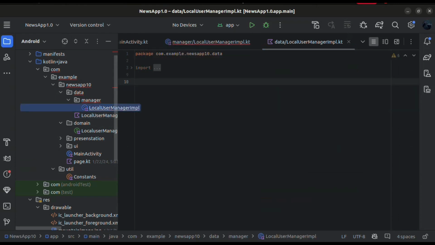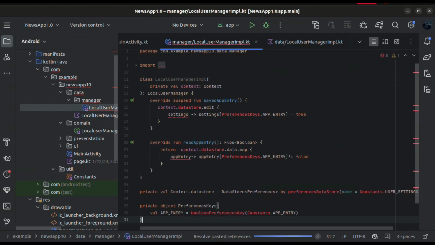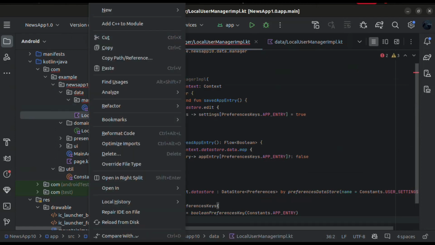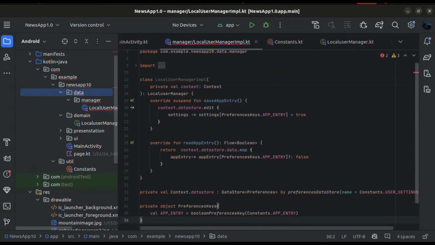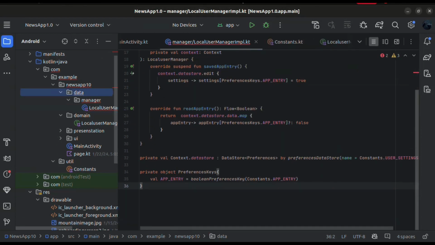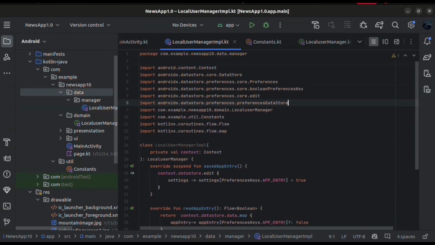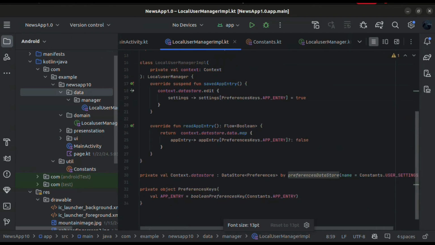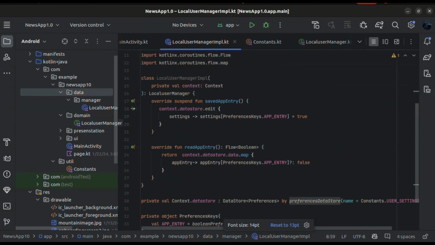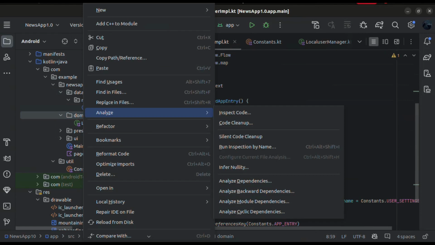Let me just cut this, paste it here. Then I'll just remove this. We have some errors over here. We can just copy this, cut this. Yeah, so